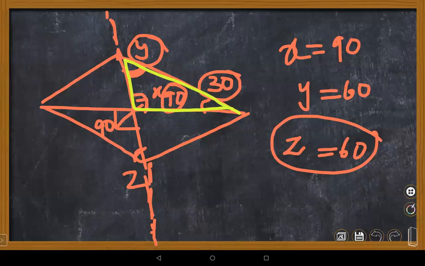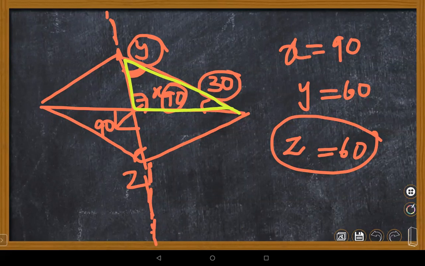Ma'am, understood, ma'am. Now Y and Z also, as Abhinav said. Abhinav, you are good at lines and angles also. Very good. That's why you are using different properties to find out. Very good, Abhinav. Please keep it up. Good job.